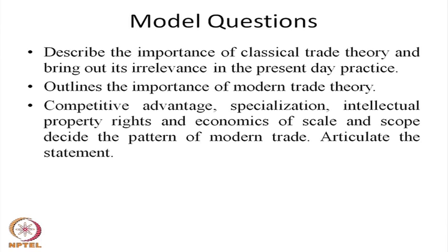So, when you discuss modern forms of world trade, the competitive advantage, the specialization, intellectual property, and economies of scale and scope decide the modern trade. You have to justify this statement with the real example of Japanese companies and the real example of Chinese companies, how they have competitive cost advantage through the large scale production they enjoy. The Japanese company, the Chinese company, through large scale manufacturing,